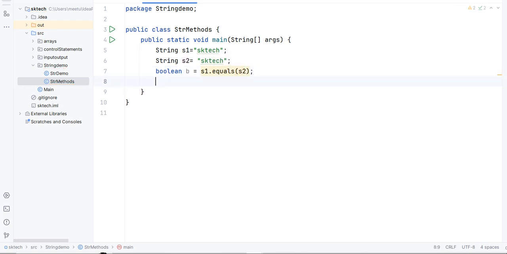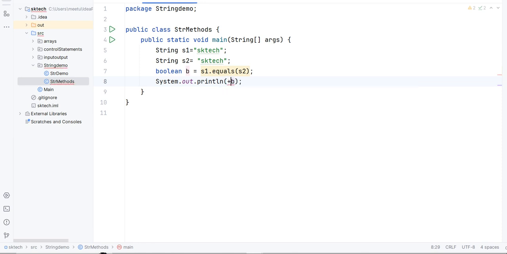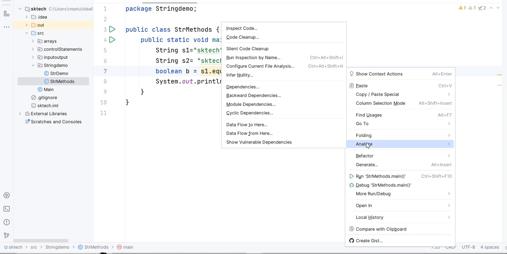Let's print it, and print some statement also, like equal s1 s2. Let's first run this program and see the exact output.